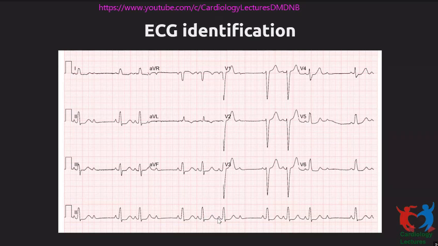So this tells us this is a second degree type 2 AV block. So a short PR, no change in PR, and a wide QRS escape. Typically, even if this patient is asymptomatic, this is a patient who is likely to progress to complete heart block, likely to have a more malignant disease, and therefore should be paced.